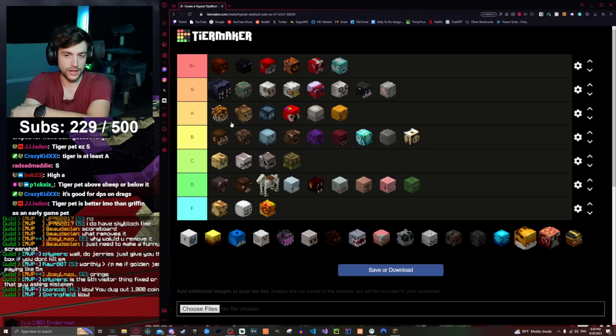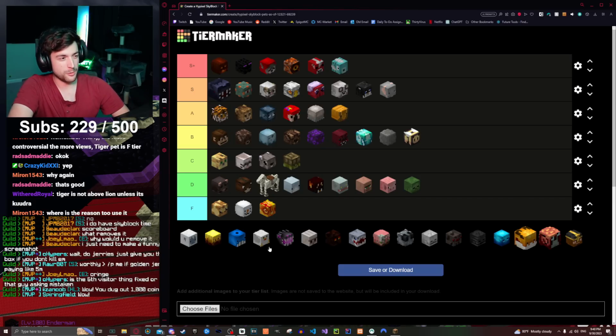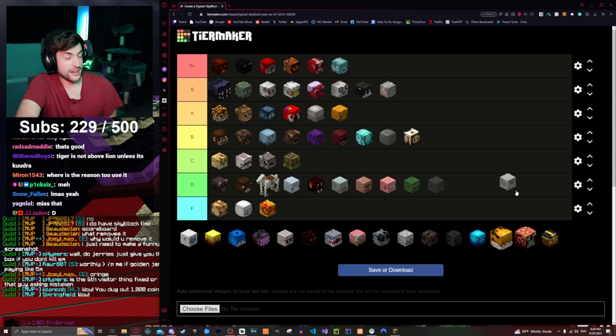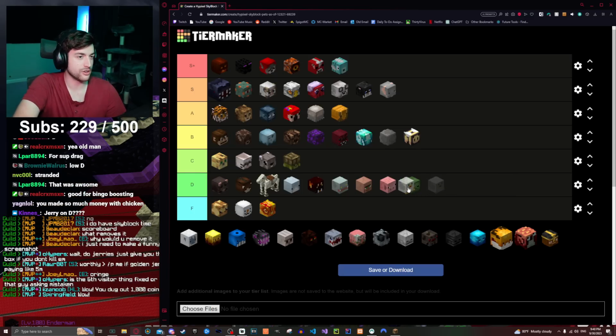A above lion. Anyone remember when Pets v1 came out and me and Brandon Crafter were pooling our resources together to produce the first super enchanted egg? The chicken pet. Completely useless now. It's a cheap pet, inoffensive, I guess. It makes you get eggs faster. I'd say it's another D. I don't think it deserves an F. It's just kind of useless. I'd say it's more useful